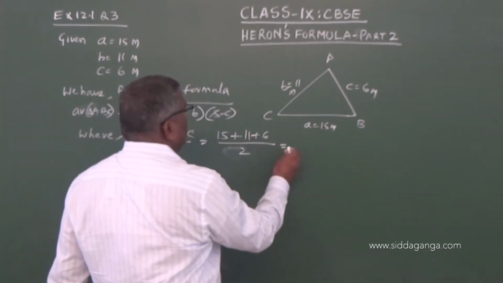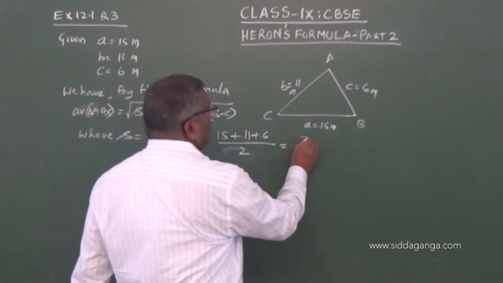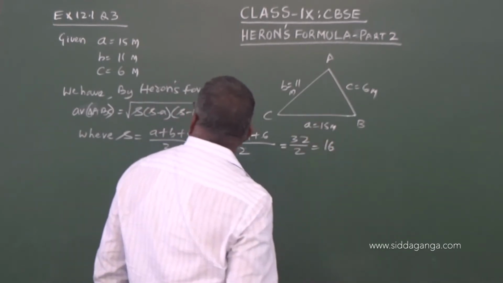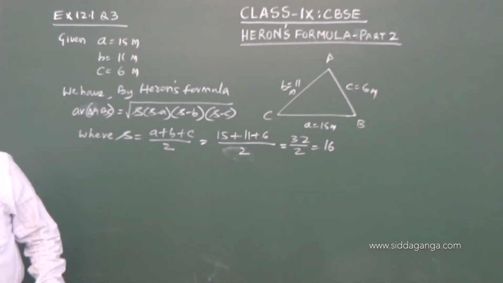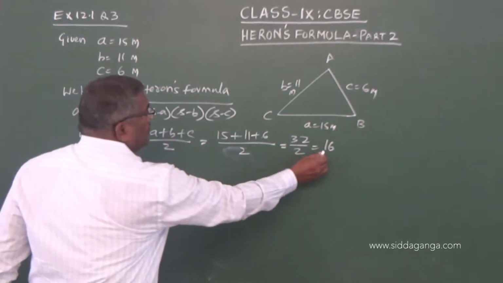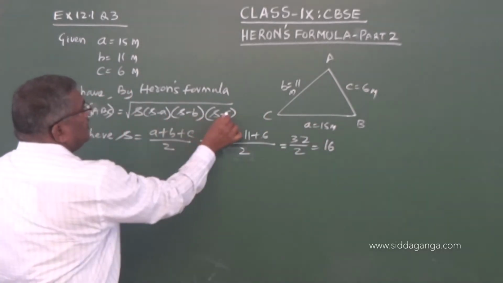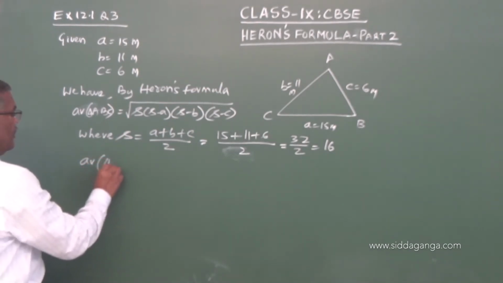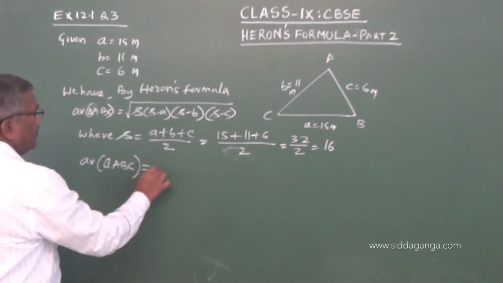So 32 divided by 2 is equal to 16. So S is given by 16. S is equal to 16. So therefore what will be the area? Therefore you substitute the value of S and the A, B, C values. So therefore area of triangle ABC will be equal to